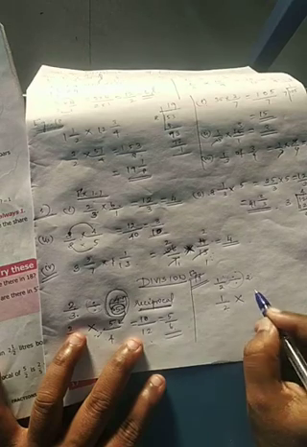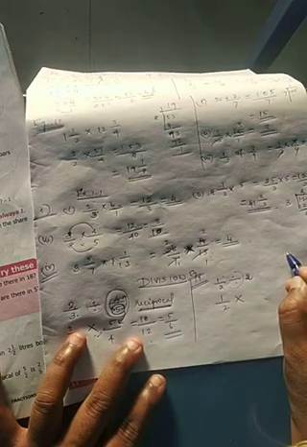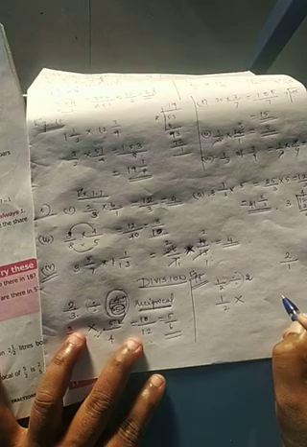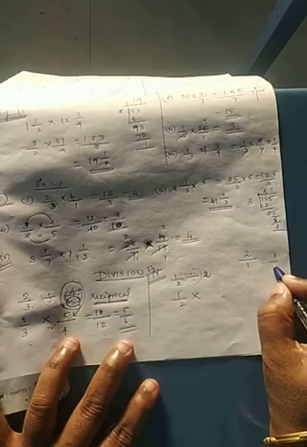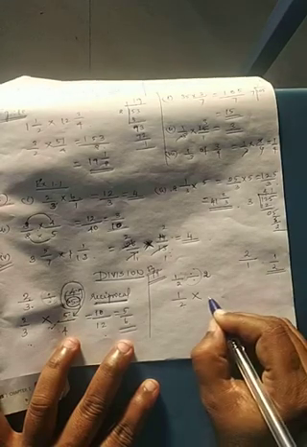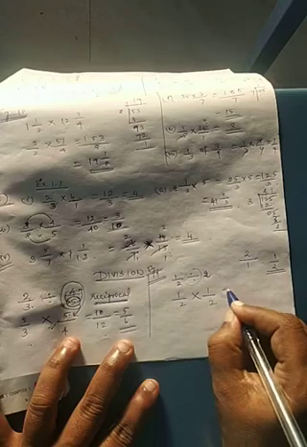Second one, I have to change. I have multiplied. If it is a whole number you can write 2 by 1 as the fraction. So what will its reciprocal be? 1 by 2 will be the reciprocal. So I will multiply by 1 by 2. So each will get 1 by 4 of the cake.